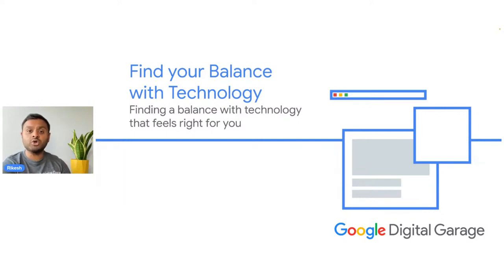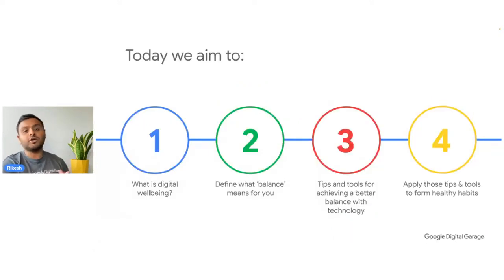But without further ado, let's have a look at what we're covering in this session, all about how you can find your balance with technology. So the way that we're going to be breaking down this session is, first of all, we're briefly going to be identifying and understanding what we mean by a term called digital well-being. Now, you may or may not have heard of this term or phrase before. You might have heard of it with different terminology. So we're first of all identifying that, because that is very much at the root of what this webinar session is all about.